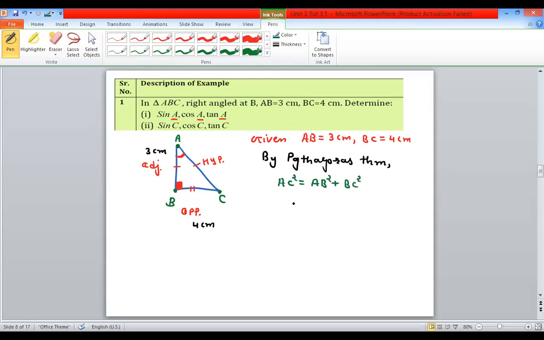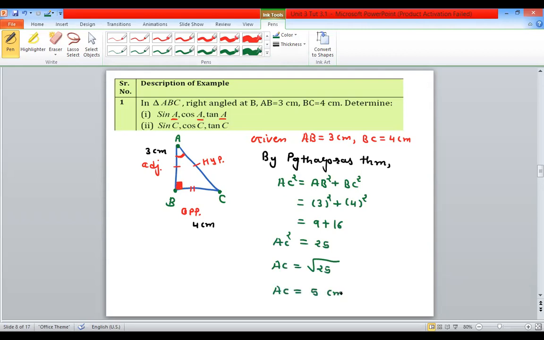I want to find the value of AC. Put the values of AB and BC which are given to you. AB is 3 centimeter, so 3 square. BC is 4 centimeter, so 4 square. Apply the squares: 9 and 16 is 25. So I got AC square, but I just want AC, not the square. So square is converted into the square root. So you find AC, whose length is